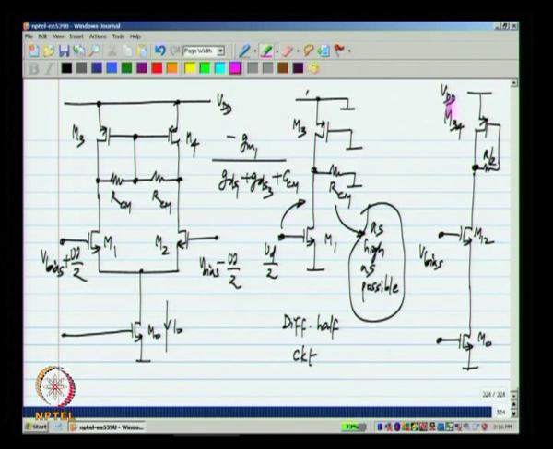Okay. Now, in this case, in the common mode picture, you see that you have a current source I naught, which is pumping a current into a diode connected transistor M34. So, the current in M34 will be set to a value equal to I naught, it is quite obvious. Okay. If we did not have this feedback loop, the current in M34 could be different from I naught, and this voltage would either rise or fall, but now it will be set to a value equal to VDD minus VSG of M34. Okay.